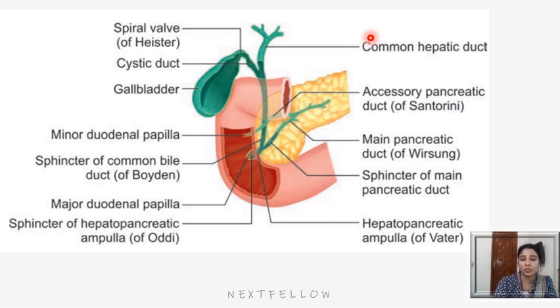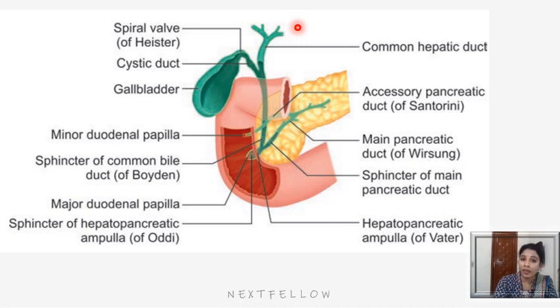The common bile duct leads into the duodenum, and at the entry of the duodenum the common bile duct is joined by the main pancreatic duct to form the ampulla of Vater, and together they enter the second part of the duodenum, surrounded by a sphincter. The sphincter of the common bile duct is called the sphincter of Boyden, and there is a sphincter of the main pancreatic duct. The hepatopancreatic ampulla is surrounded by the sphincter of Oddi, which controls the flow of bile and pancreatic secretions into